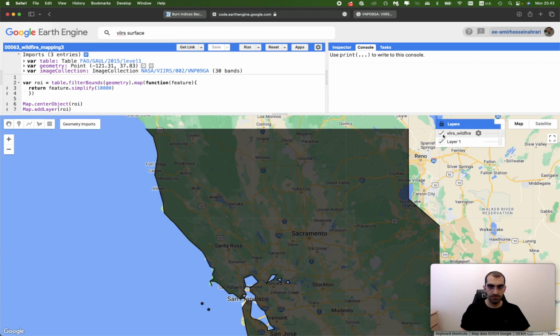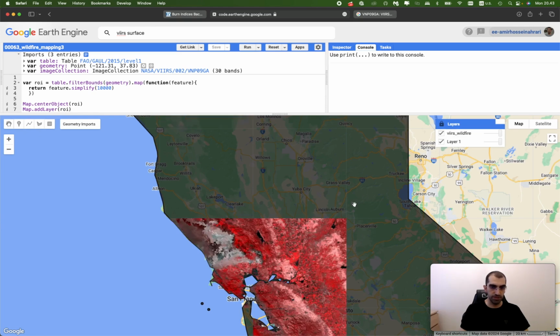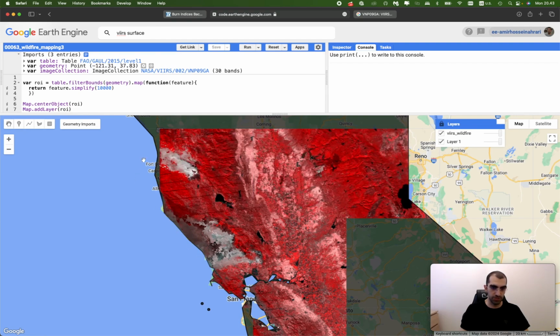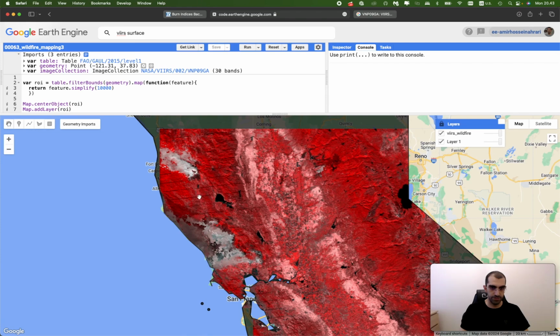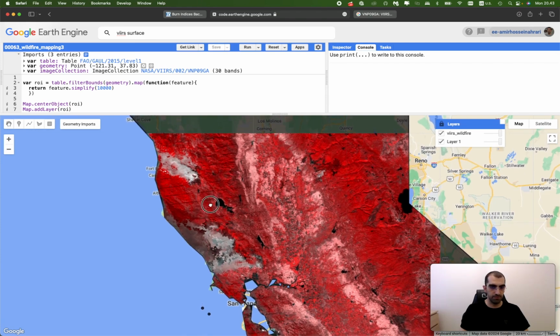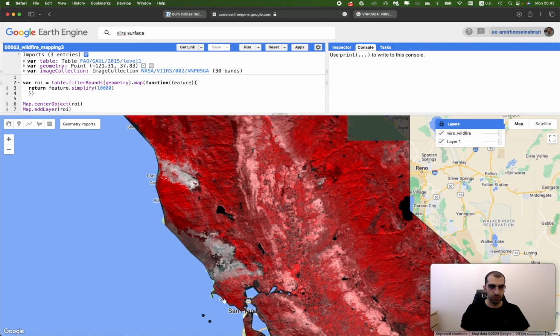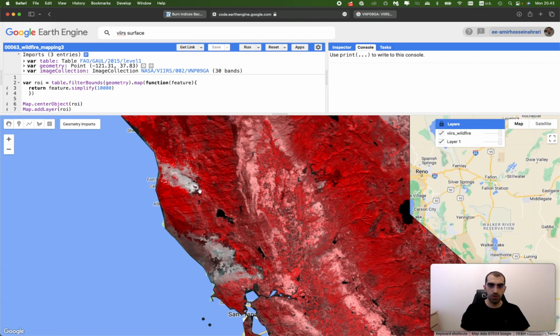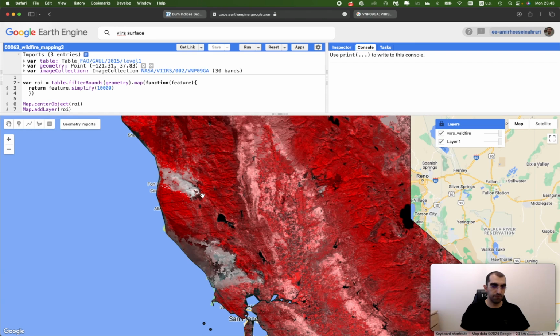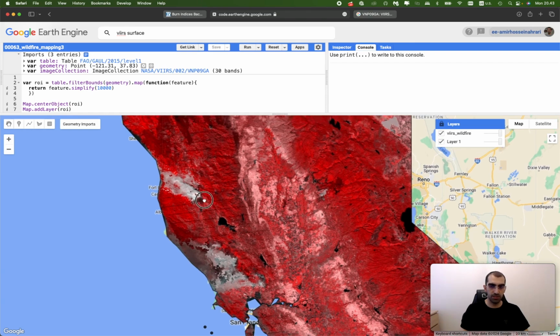You can see that easily you can find the locations that are under the wildfire in this big region. You can see the regions that are under fire. So you can select one of them for the further analysis with higher resolution data. You can select this region or this one, no difference. I just want to pick up one of them and then do the wildfire detection and its impact analysis on